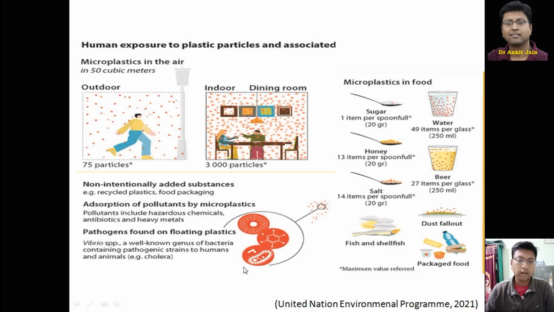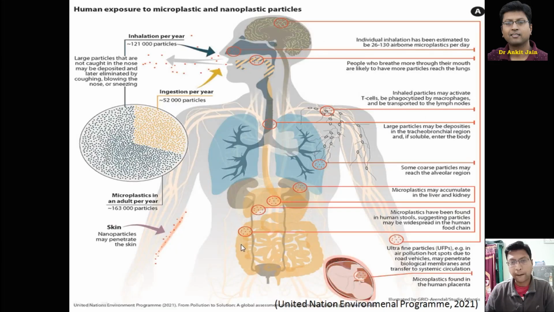The plastic also acts as an inert material, so it also carries different bacteria and viruses. Recently we found the COVID-19 virus in one research article, and Vibrio species are also carried by this microplastic. According to the United Nations Environment Programme, there are two ways of taking in microplastic, ingestion and inhalation, which leads to the presence of plastic particles found in the whole body. And recently, the human placenta also was found to contain microplastic,